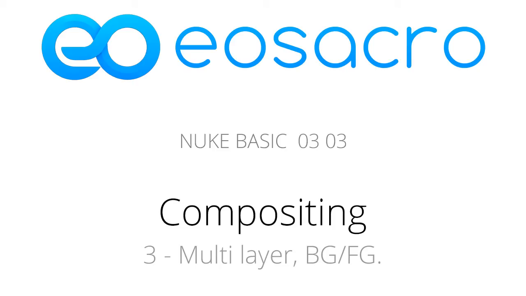In this video I'm going to take the compositing a little bit further. In the previous videos I've already shown you how to create a simple single layer composite where you're just combining all the passes to produce one single output, like the sphere which we created. But in this video I'm going to composite a background element separately and then a foreground element separately, and then combine those two together and show you what are the elements involved, or what is the technique involved in doing